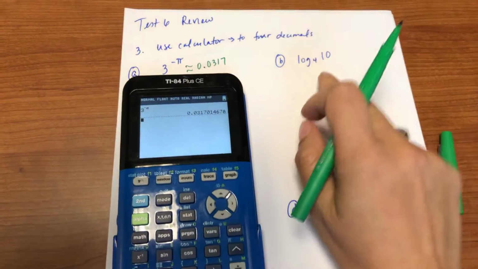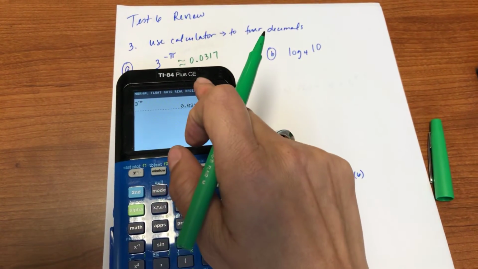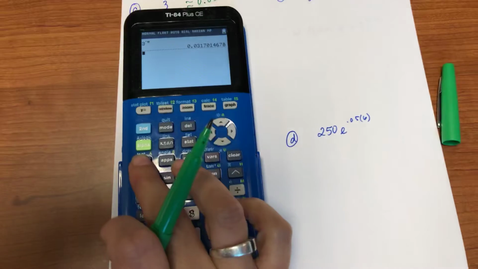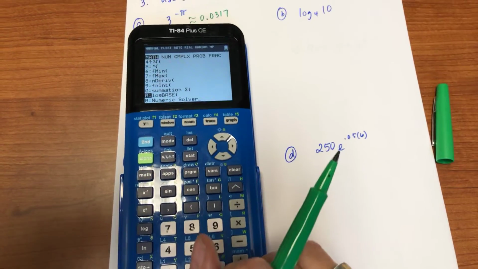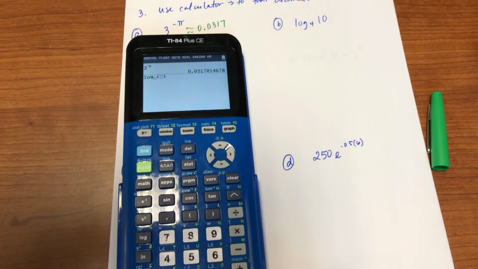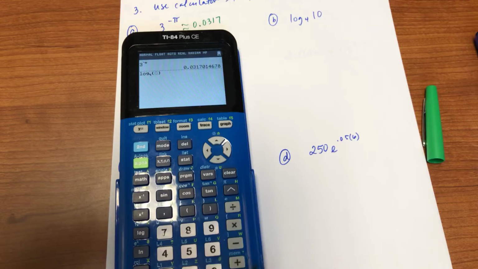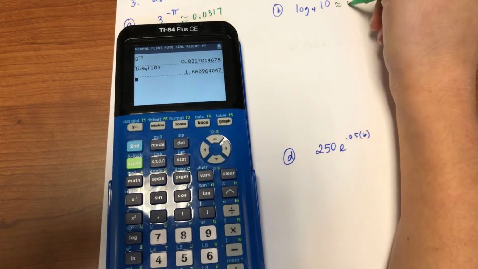Now let's take a look at B for a minute. Depending on your calculator, if you have a TI-84 Plus, then you can put it exactly how you see it. That button would be under the math. So you go to math, scroll up, see where it says log base, so you hit enter. Now it gives you your cursor and you could put in whatever base you want and you could put inside the parentheses, and so this is ultimately approximately